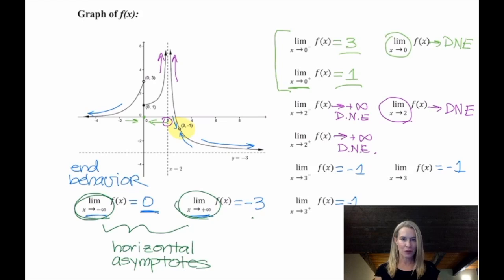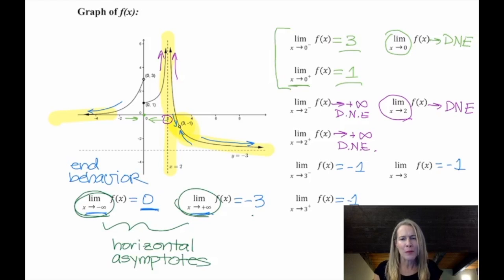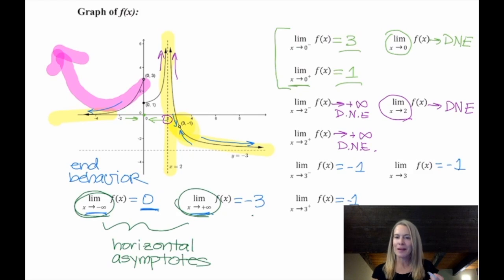You'll also use limits in the future, not only to recognize horizontal asymptotes, but to recognize removable discontinuities like holes, jump discontinuities like we have here, and vertical asymptotes. One last thing, I just want to play with the graph a little bit. Let's pretend that instead of having the horizontal asymptote here, the curve off to the left just continued going up, up, up. In this case, if we were looking at that limit as x goes to negative infinity, because that curve keeps going up and is not approaching a single numeric value, we would say that this limit does not exist because the curve is